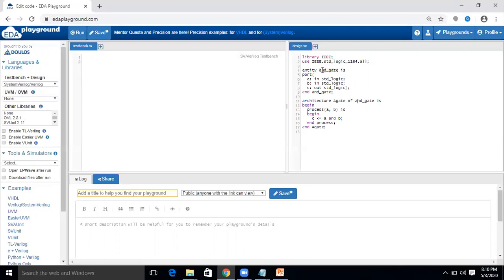Here previously we have used and_gate as the entity, so the same name should appear here with the keyword is.